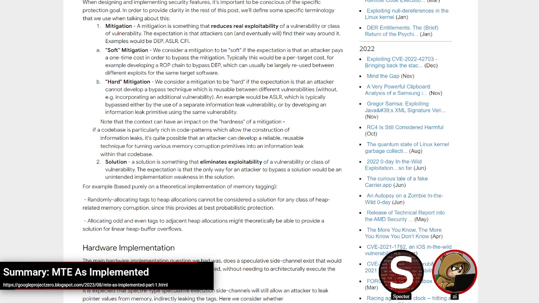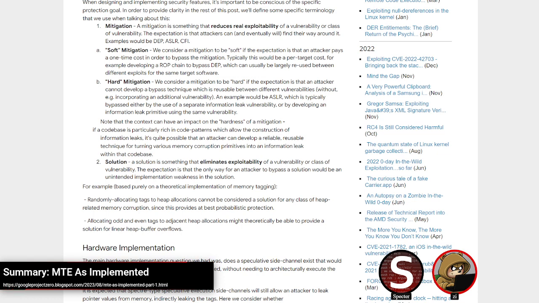Yeah, I think we've often ended up talking about it more in the sense of early versus late stage mitigations, when we've split up mitigations as being one or the other. And it doesn't quite map onto this, but it also kind of does, where an early stage mitigation would also kind of be that type that's going to require another bug to get through, whereas late stage feels like it would match more the soft. So I don't know. That's the terminology we've definitely used on the podcast before.